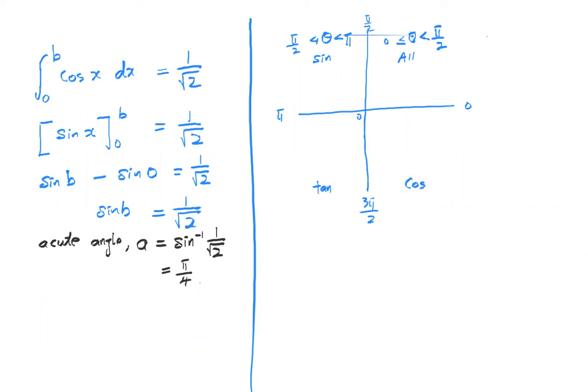Okay, that is important because now I'm going to determine where is the location of this angle B. That will help me to locate. So now I will say that sin B is positive here, because 1 over root 2 is a positive value, correct? Greater than 0. Therefore, angle B is in